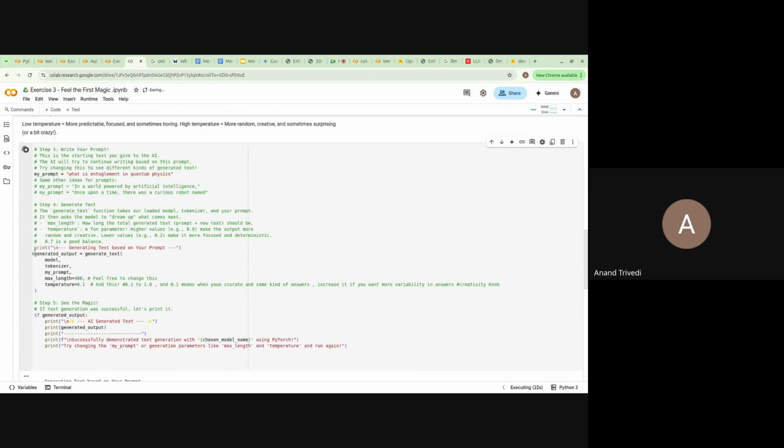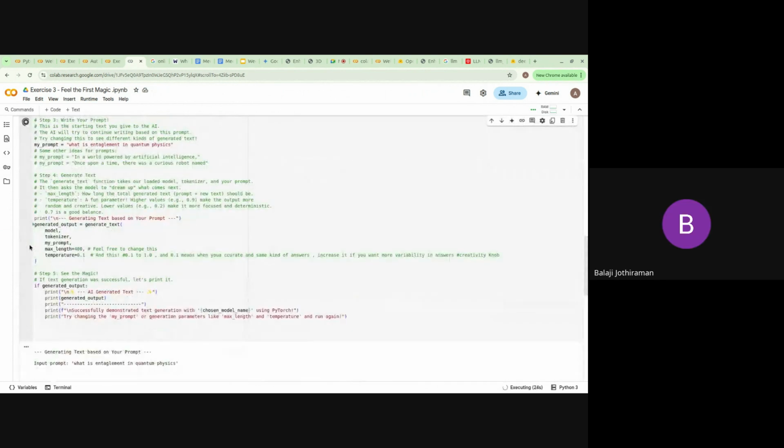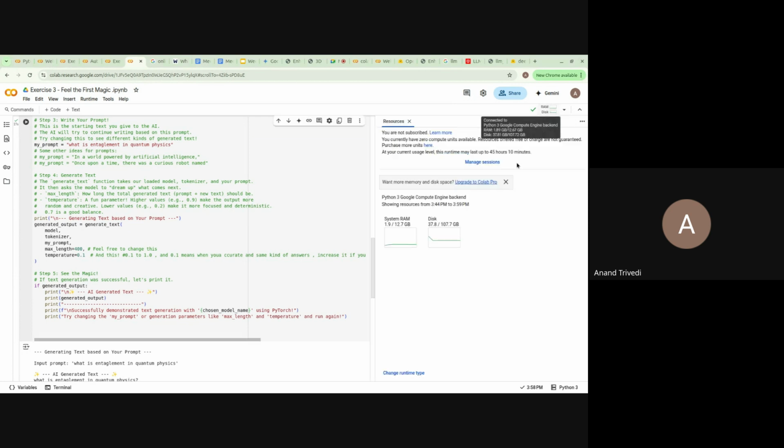Anand, one doubt: you said you have not downloaded the complete model, only part of it, right? The same model is available with different billions of parameters, in different sizes, so you downloaded the lower size one. Yes, this is an extremely small size model. Hence, we are able to load it with conservative memory and everything.